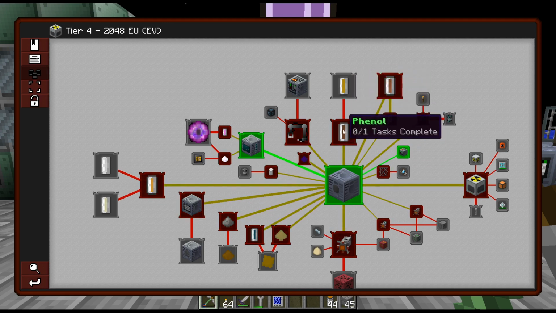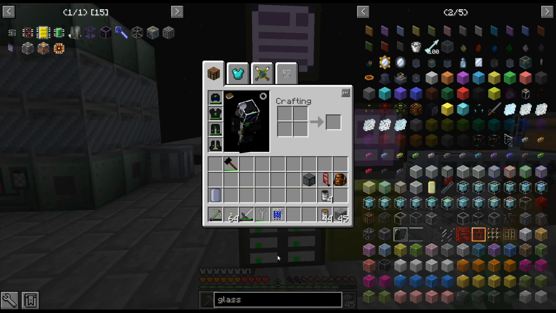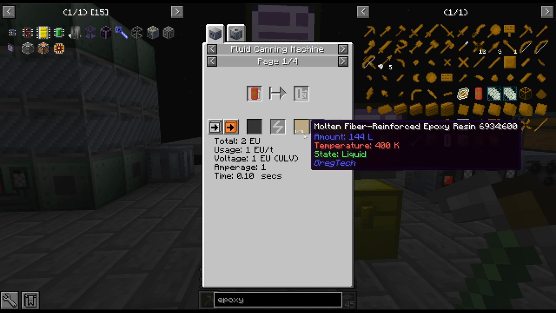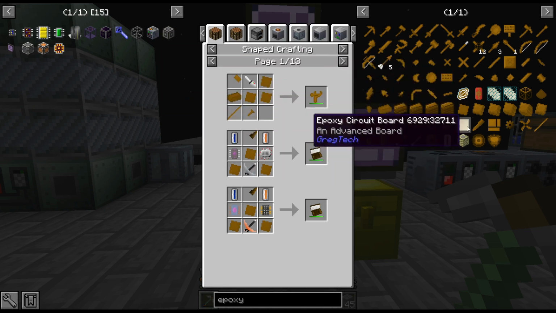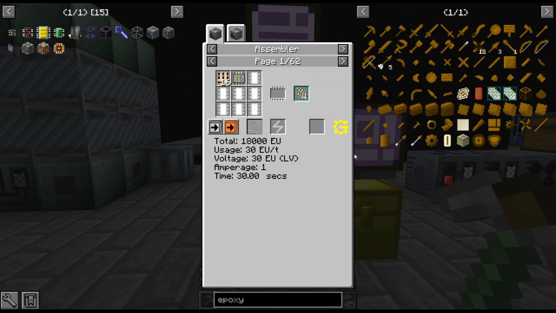I'm still trying to decide what I want to do. Epoxy is quite difficult to automate at this point. I want epoxy sheets. There we go. That turns into epoxy circuit board, which is our next circuit board that we are going to be doing. And with this, we can get...